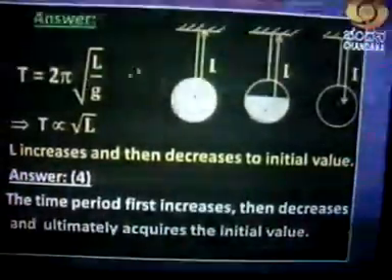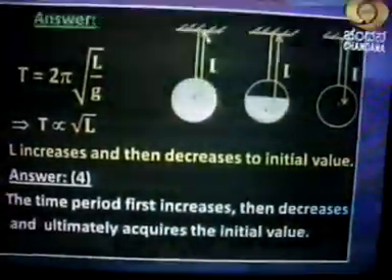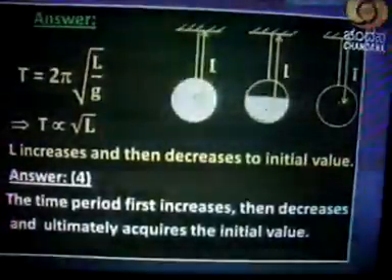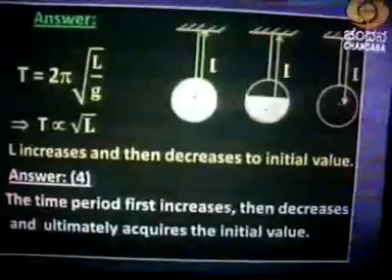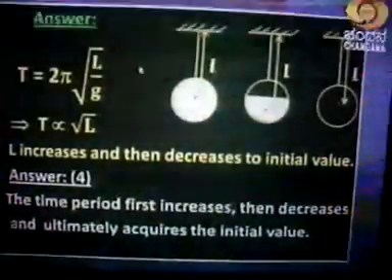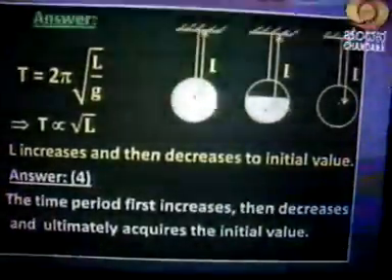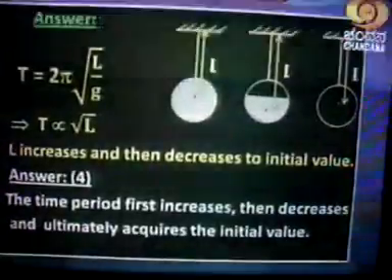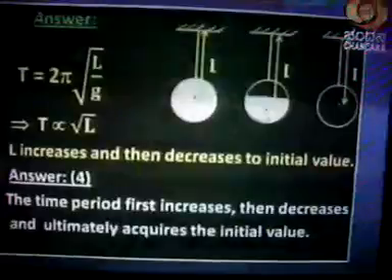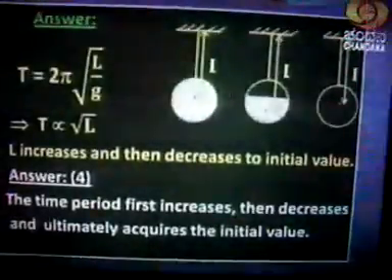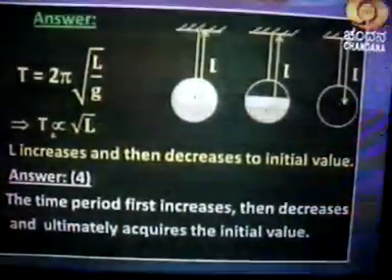So in case of the ball with water, the length is from the point of suspension to the center of the ball, because it is just similar to a solid ball, and say the length is L. Next, when the water slowly drains out of the ball, only the lower part will have water, so the center of gravity of the system, that is ball and water, slowly shifts downwards, so that the length of the pendulum increases. So whenever the length of the pendulum increases, its time period increases, as the time period is directly proportional to